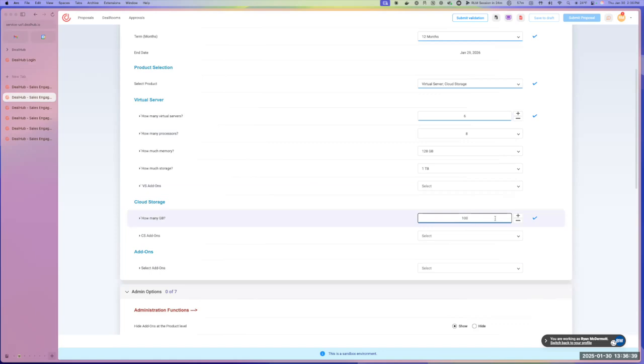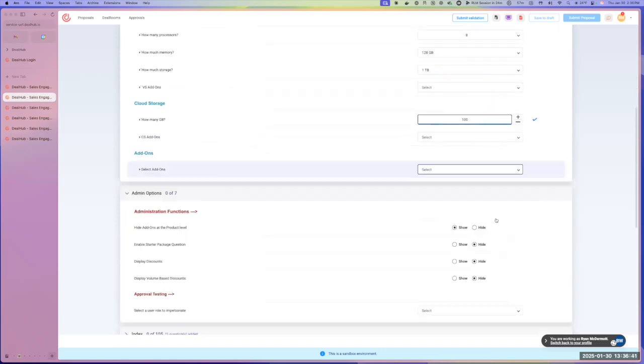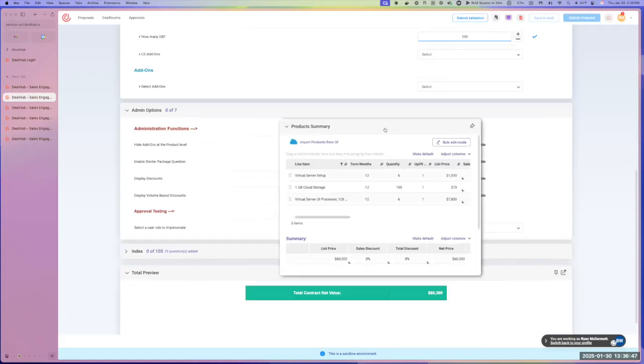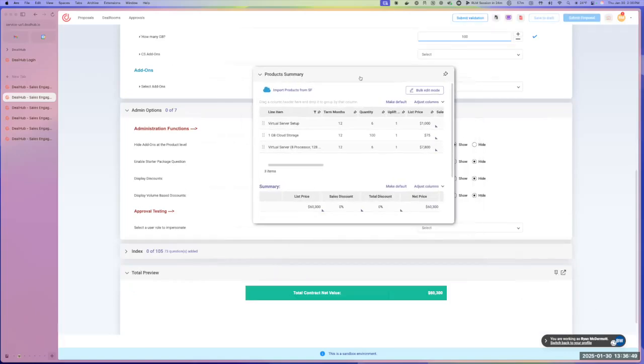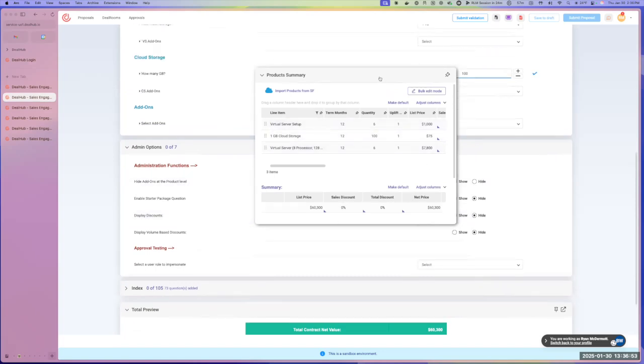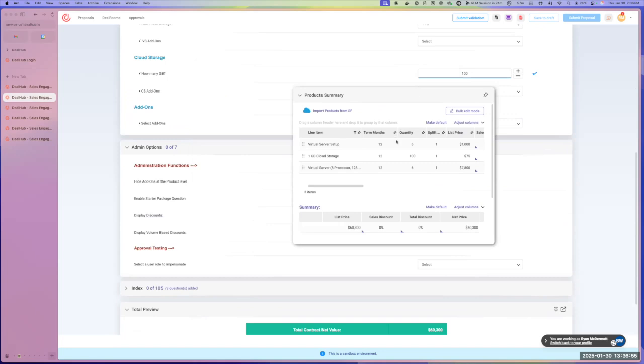To show that, this is a feature that I like to use a lot: there are a couple of widgets that allow you to disconnect from the bottom of the screen so you can look at more than one thing at a time. I never do that. And so here we have our product. The second I make a pricing change, you can see that the list price has changed, because the list